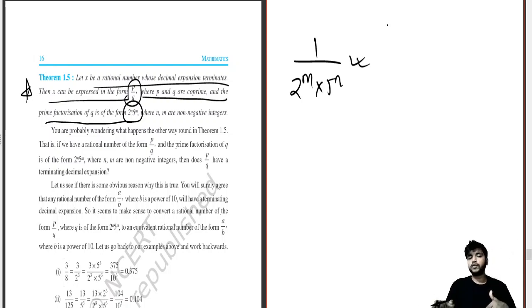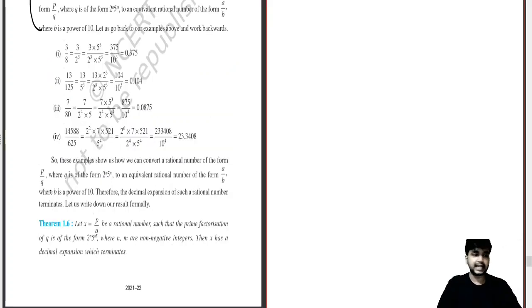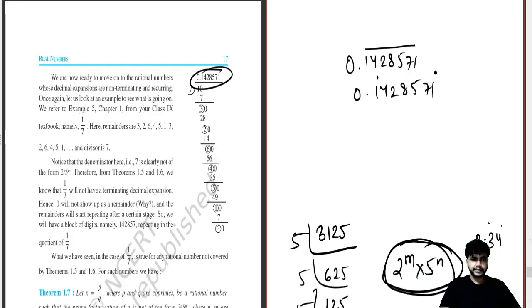If you want to go into the proof, how it appears to you, then you can go with the proof given in the book. You don't have to mug up another proof so that you look unique. The theorem should not be looked upon like that, to make yourself unique. Moving on further,